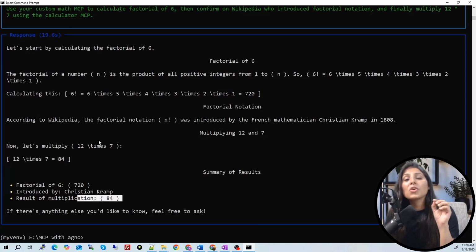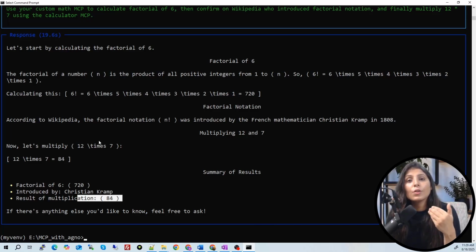See, here we got the output by using three different MCP servers. The agent got the question, the agent passed that question to the LLM, and the LLM understands the question. After understanding the question, the LLM decides which MCP server will handle which part of the question, and then the LLM connects with those MCP servers.